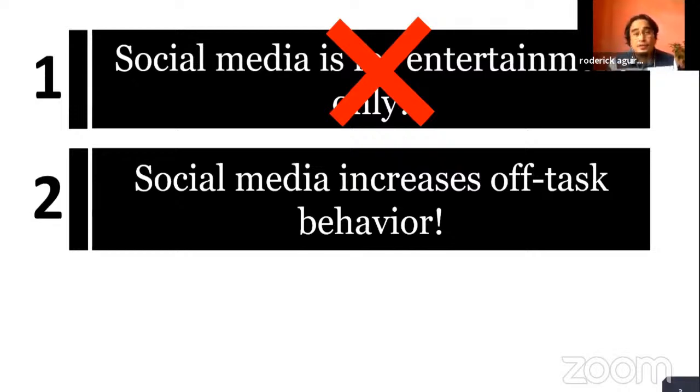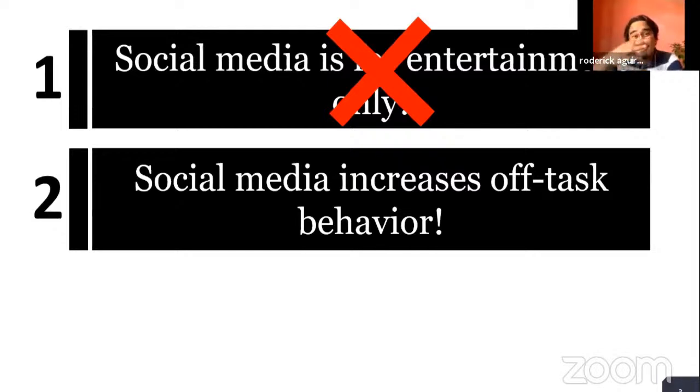But as I was using social media, because again we don't have any choice anymore but to use the platforms of Facebook and IG, I got to realize that they are powerful tools for us to educate our students, and they make our materials more interactive and more interesting to our students. And then I realized that no wonder a lot of our students right now in the 21st century